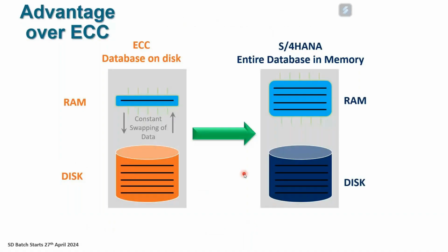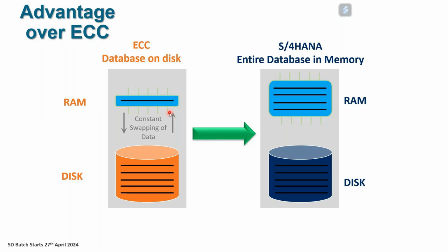And I was talking to you about the advantage of S4 HANA over ECC. ECC had a small RAM, so constantly a lot of data had to be swapped. You had to send data to the disk, get back data from the disk. Send data, get back data. Some of you, if you keep your hand on your laptop on the right side bottom, will be able to see the hard disk moving. There are actually steel plates inside the hard disk, which store your data. Your data is etched on the steel plates and also retrieved from the steel plates. So the steel plates are actually physically moving inside that hard disk, which is placed inside your laptop. This is for old laptops.